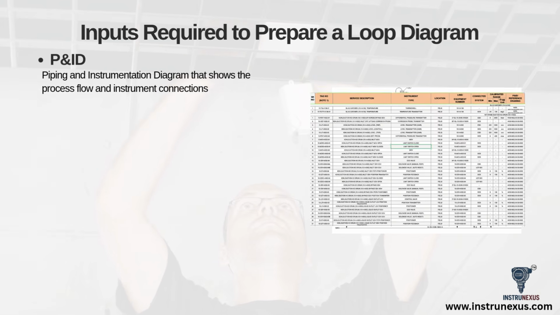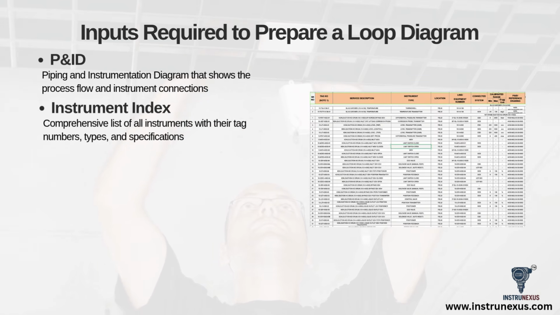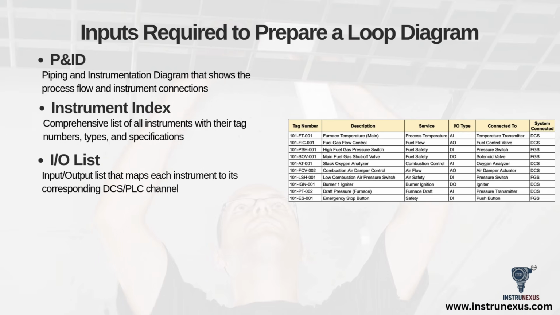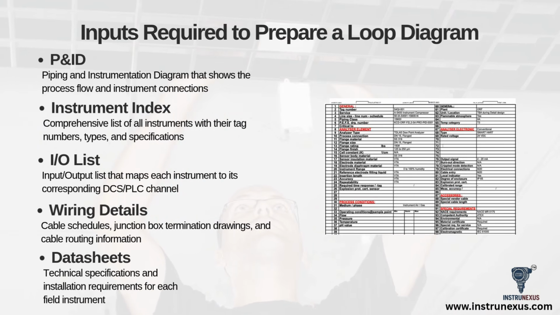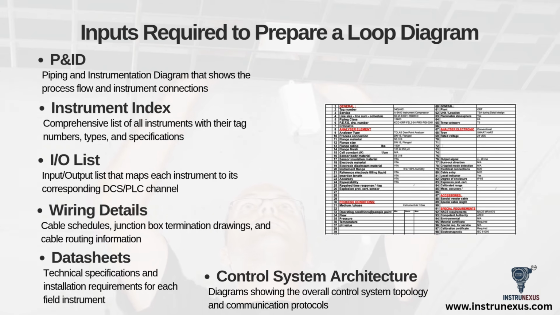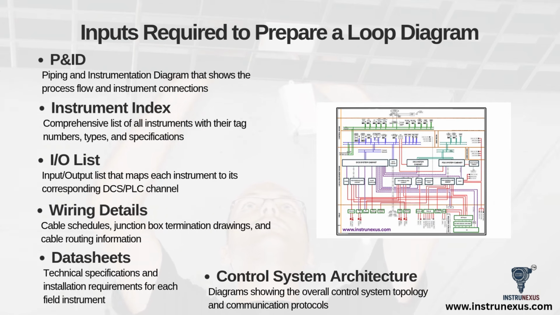Next, you need the instrument index, which is a master database or list of all instruments in the project, along with their tag numbers and specifications. The I/O list is also essential, as this maps each instrument to its specific DCS or PLC channel. Then, you need the detailed wiring details, which include cable schedules, junction box termination drawings, and cable routing information. You'll also need the instrument datasheets for technical specs, and finally, the control system architecture diagrams to understand the overall